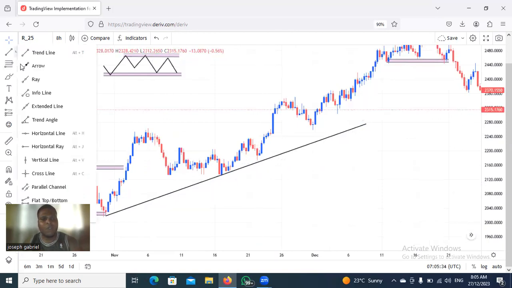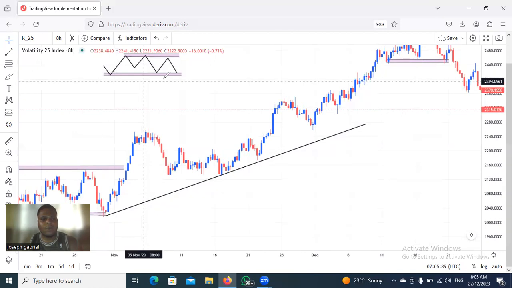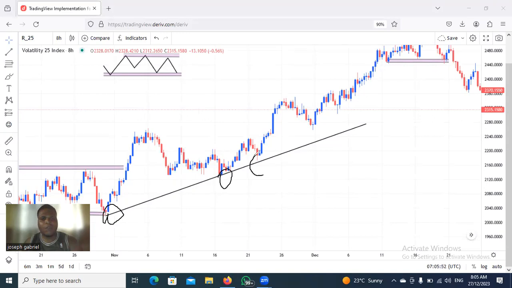I know many of us do not understand this. So you can see this. Okay, let me use this. So we have around 3 touches here. We have this first touch 1, and we have 2, and we have the 3rd touch here. So you can see here that 1, 2, and 3. The third touch here, you can see how price bought from this point when it touches the trend line